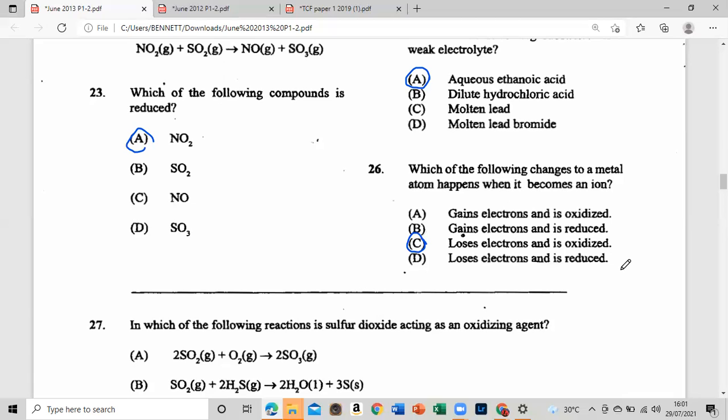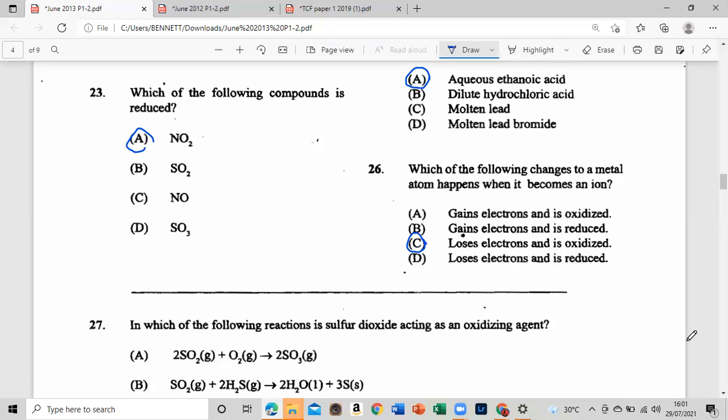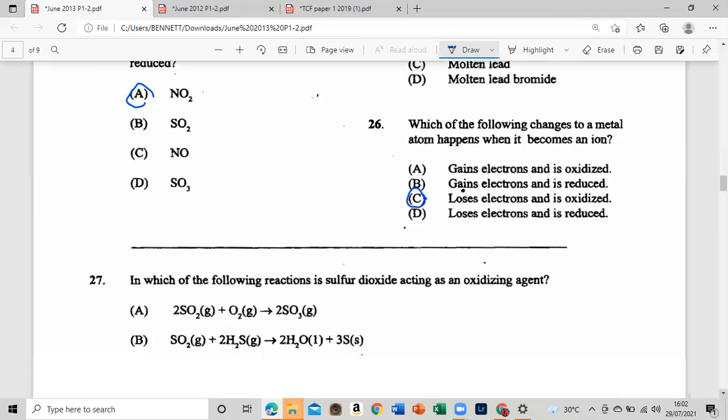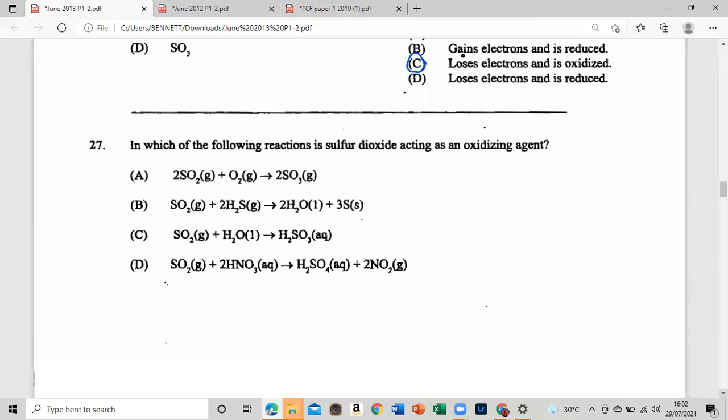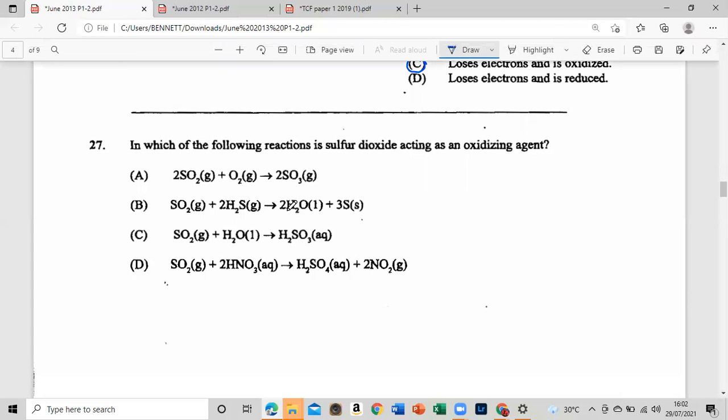Let's move on to 27. In which of the following reactions is sulfur dioxide acting as an oxidizing agent? Okay, so look at the different ones and say which one is acting as an oxidizing agent. And that is right here, right? So 27 is